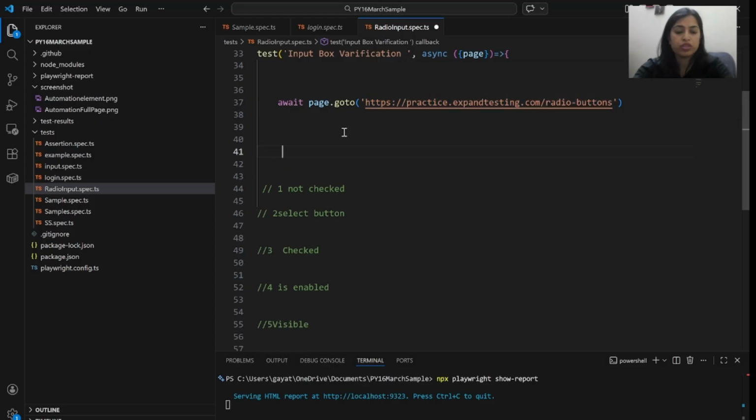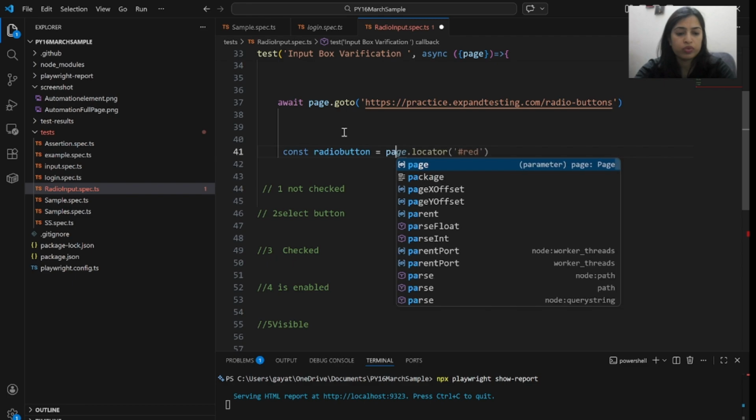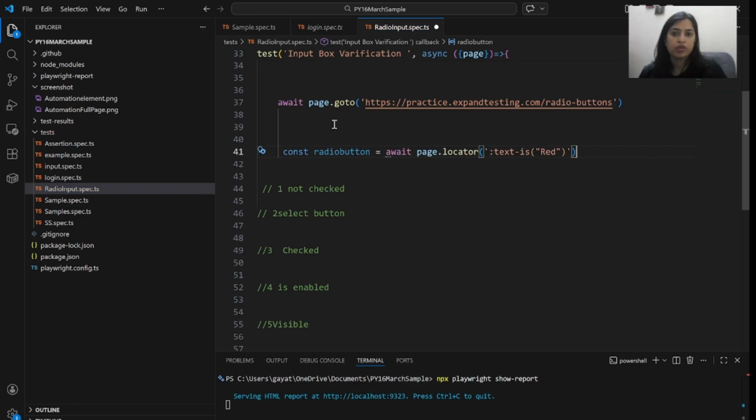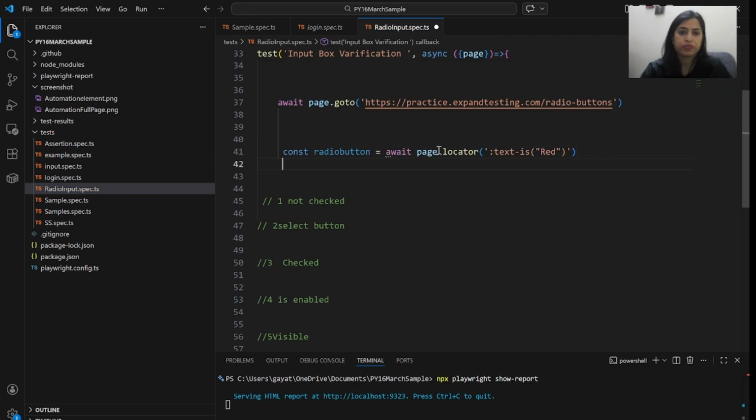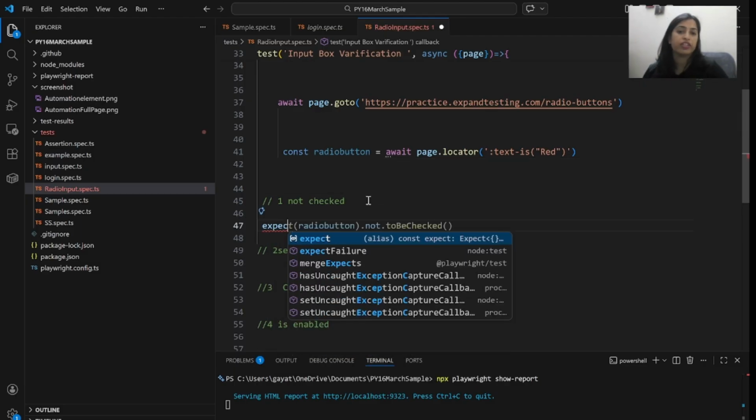So you can store this in any variable. Radio button is equal to page.locator. And same. Now you first have to verify whether it's checked or not checked.